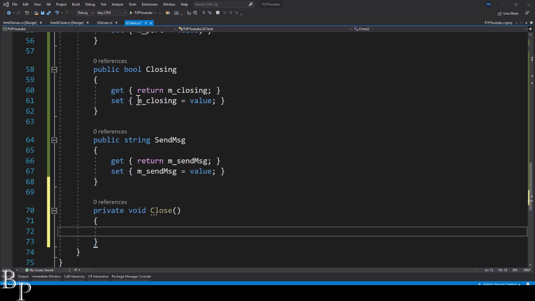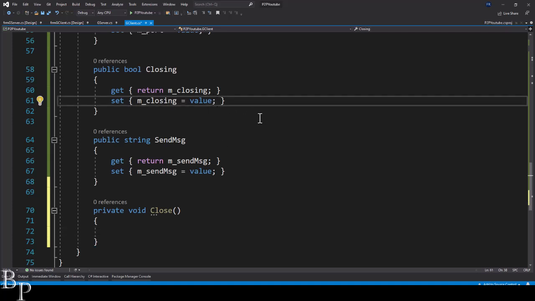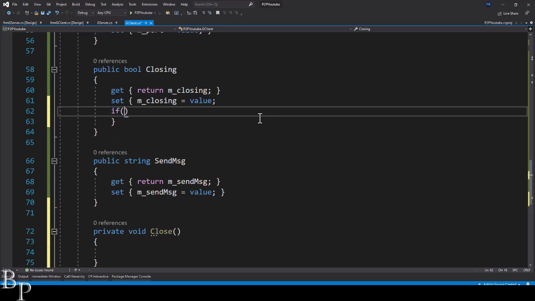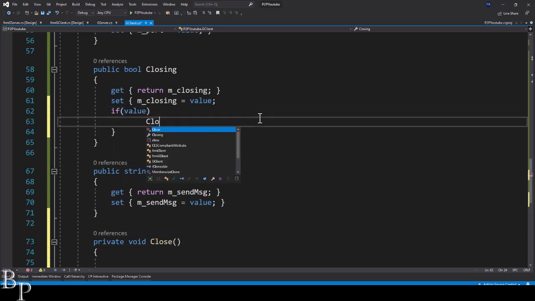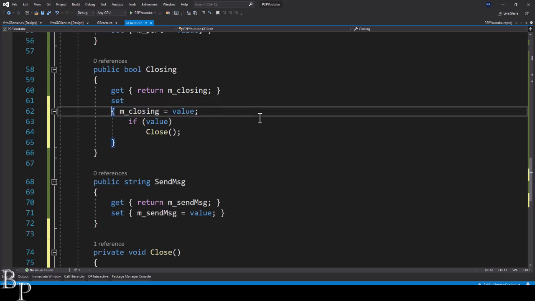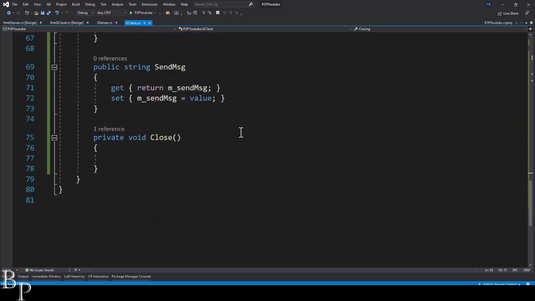There's a very good example. Not a perfect example because we're not really validating anything there, but